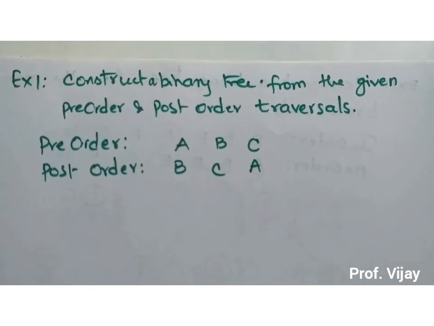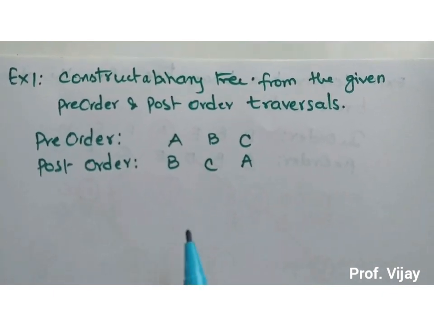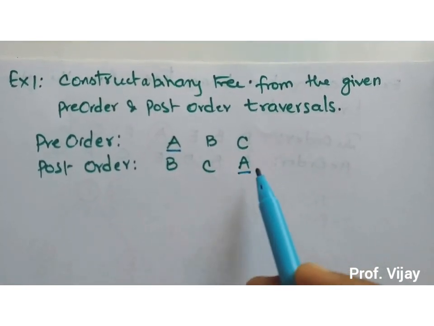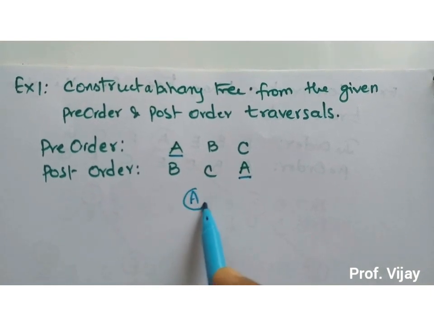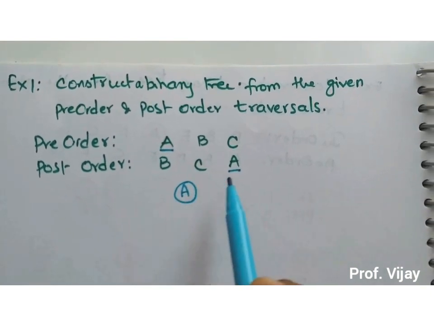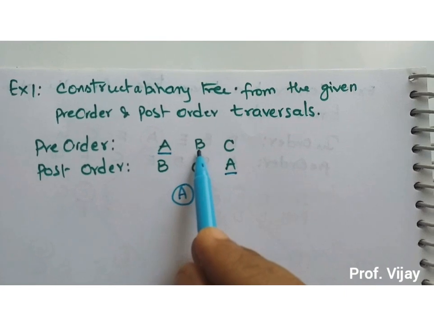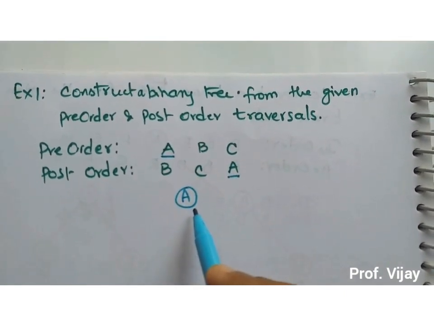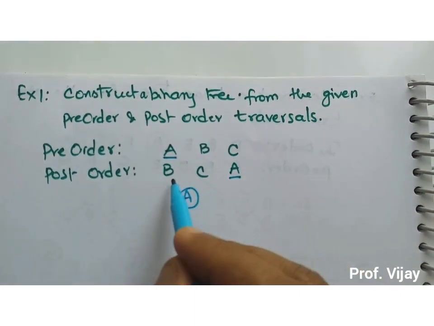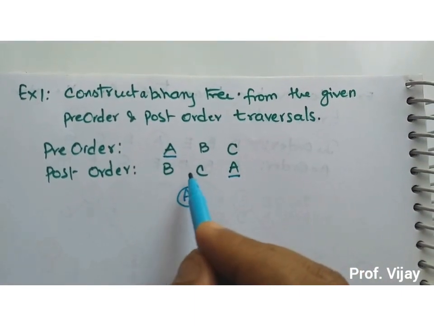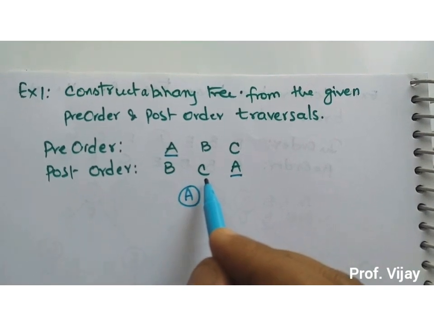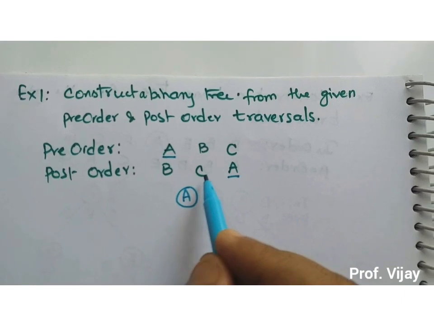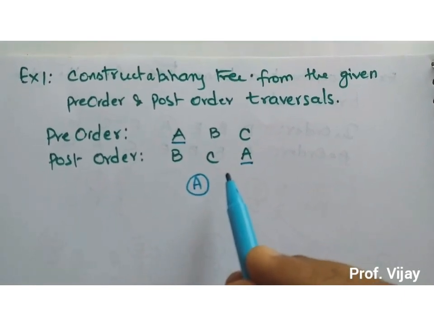Construct a binary tree from the given pre-order and post-order traversals. So here pre-order first value is root and post-order last value is root. We know that. So A is the root. So we have three checks. Considering the first check, say TL is null and TR is not null. So what we can do is, BC we will get and BC we will get, but it is violating the first fact. If you take it as in the left subtree also BC, it is violating the first fact.